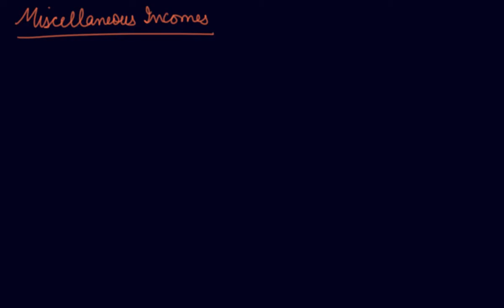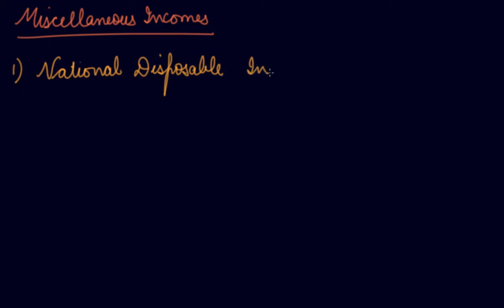In this video, we will be studying some miscellaneous incomes that you get in your question paper. So number one, we will be studying your national disposable income. Your national disposable income refers to the net income at market price available to the country for disposal, which